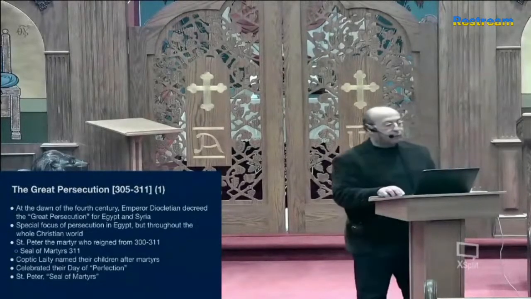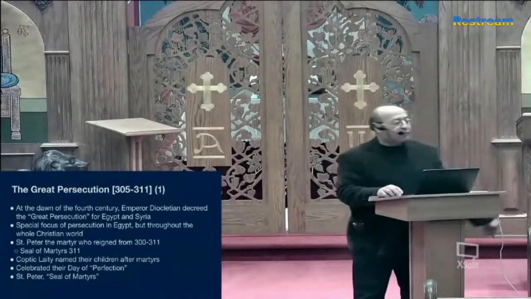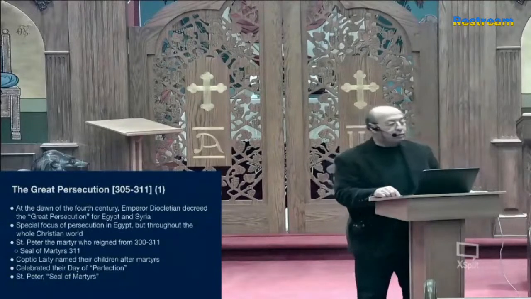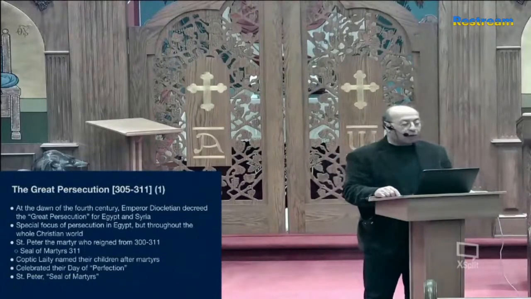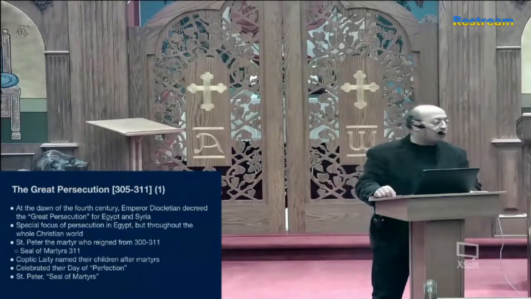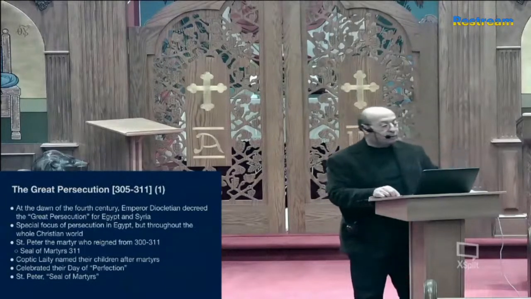Now the Great Persecution, I have 5 more minutes. The Great Persecution was at the dawn of the 4th century. Emperor Diocletian decreed the Great Persecution for Egypt and Syria. More focus was on Egypt. St. Peter was the